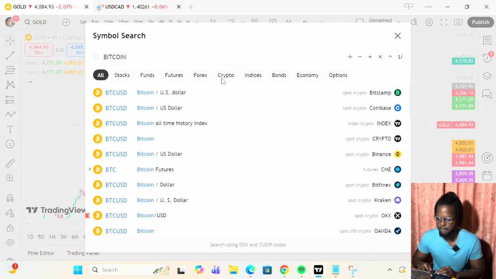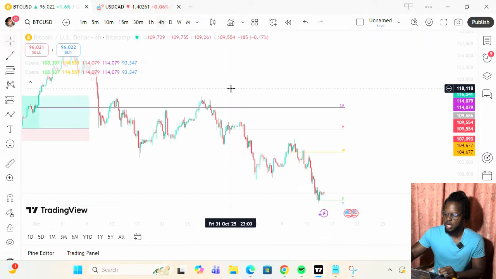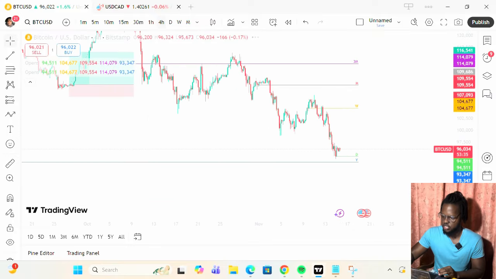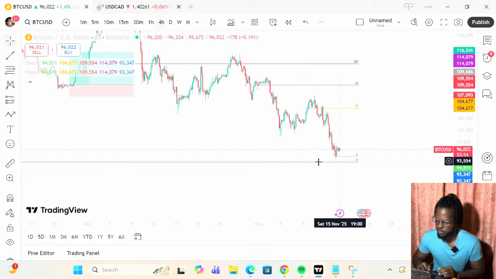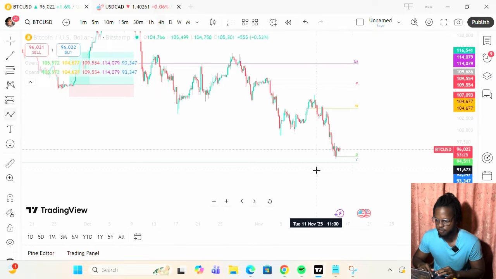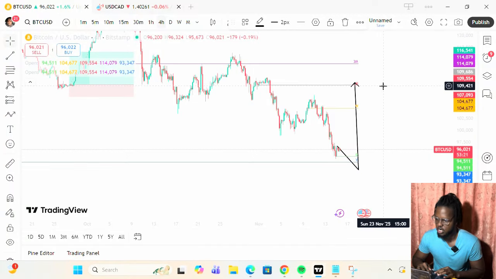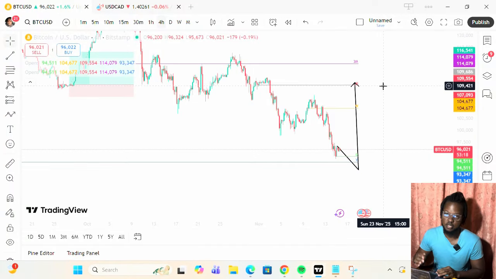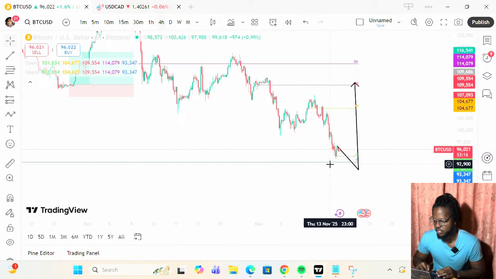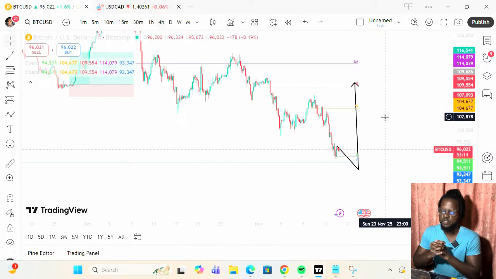And lastly, Bitcoin. Bitcoin continues to dump. I mentioned this. I mentioned it'll be very interesting to see what happens when we reach the yearly level. So we're just about there. Let's see how price interacts with the yearly level. I see some upside, 100%. I think we're going to rebound off the yearly level. I don't know how high we'll climb because crypto is not like Forex, but I definitely see us rebounding off of this.